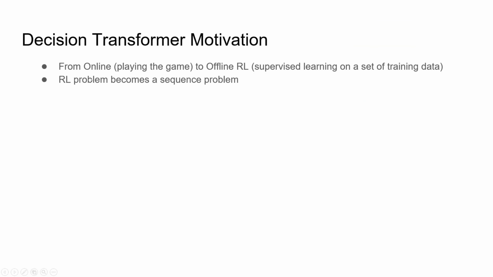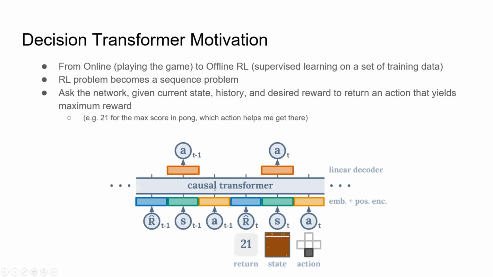So the motivation behind using the decision transformer is moving from online to offline reinforcement learning, in which the agent would be actively playing the game versus looking at a training set, which is now a supervised learning approach. And that definitely reduces the training time needed to train a model. It becomes a sequence problem where the transformer just needs to predict the next action that the